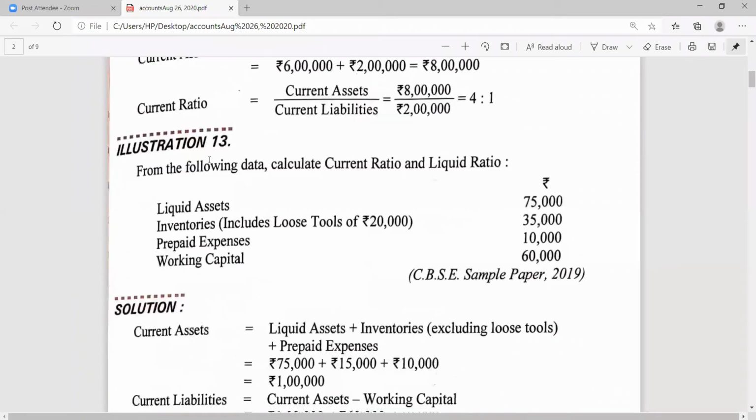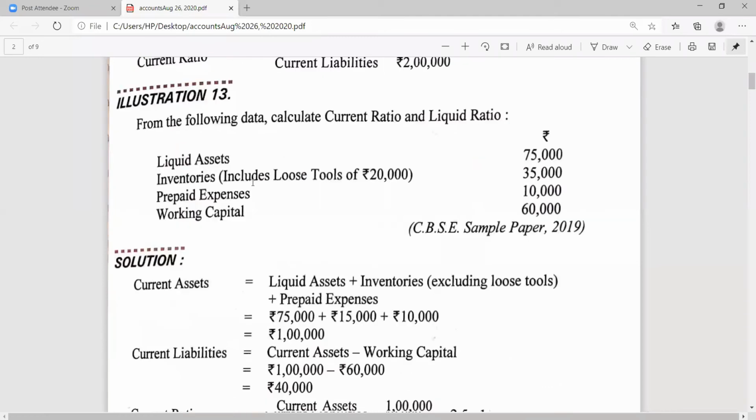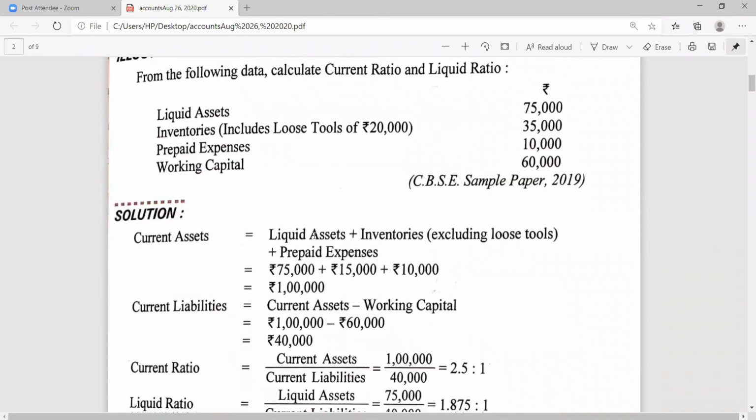See, liquid assets are given as 75,000. Inventories include loose tools of 20,000, that is 35,000 in all. Prepaid expense 10,000. Working capital 60. Don't forget to write the formula first. It is current assets upon current liabilities. Now, see what items are given related to current assets. If you remember,